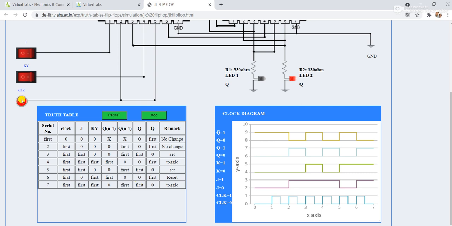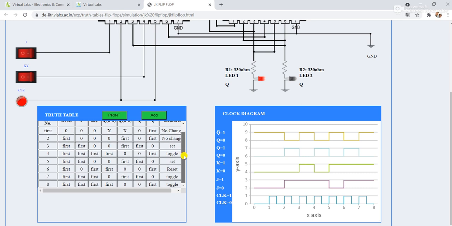Again apply clock pulse. For J equal to 1, K equal to 1, apply clock pulse and then add, then again toggle. So just see, for clock equal to 1, J equal to 1, K equal to 1, your previous state was 1 0, and again your output will get toggled.